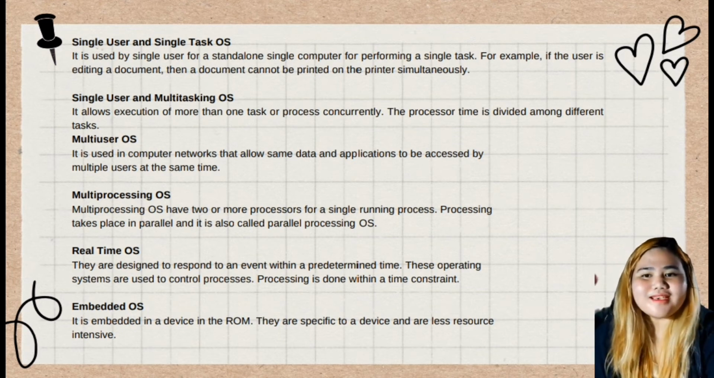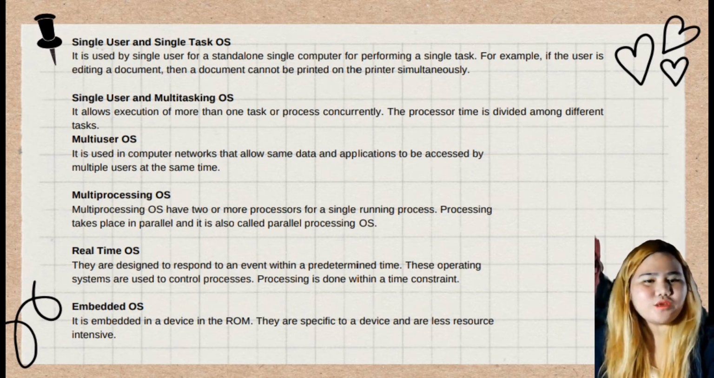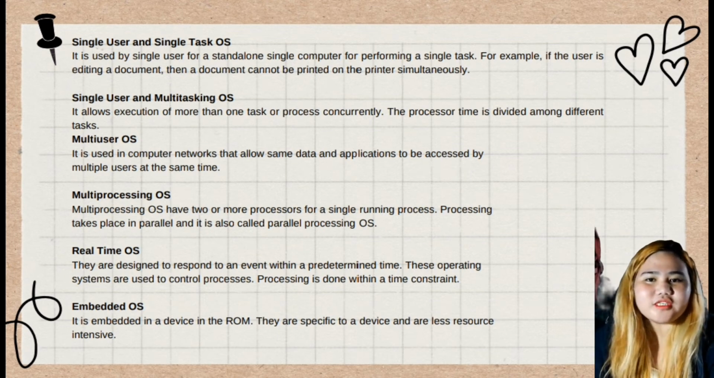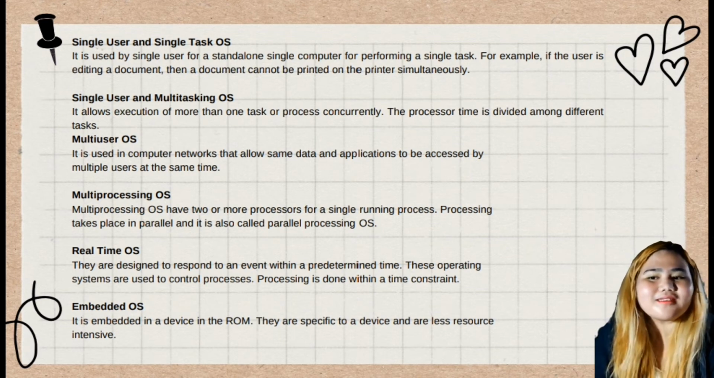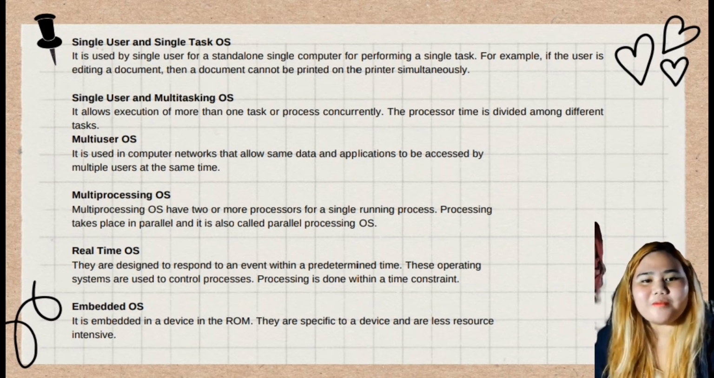Multi-user OS. It is used on a computer network to provide simultaneous access by several users to the same data and applications. The users can converse with one another as well. Examples of multi-user operating systems include Linux, UNIX, Windows Server, Windows 7, and later versions of the Windows family of